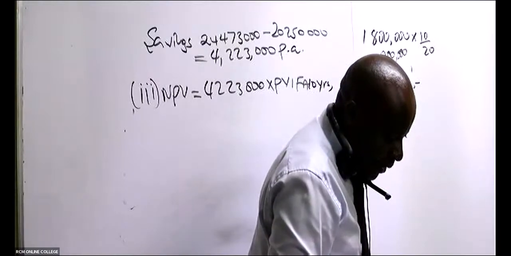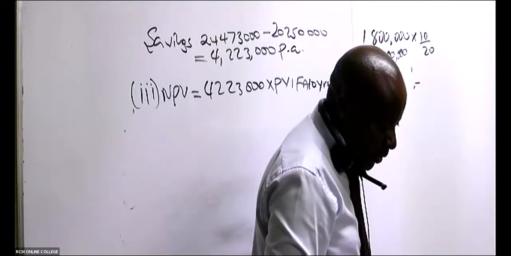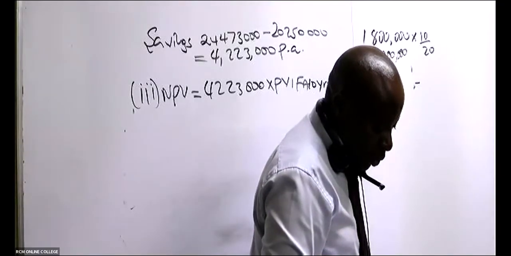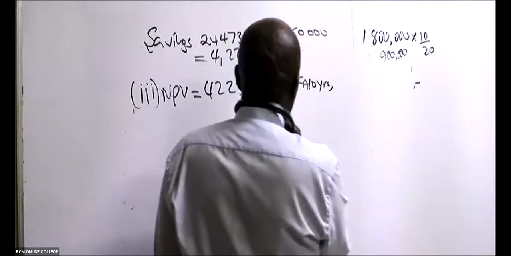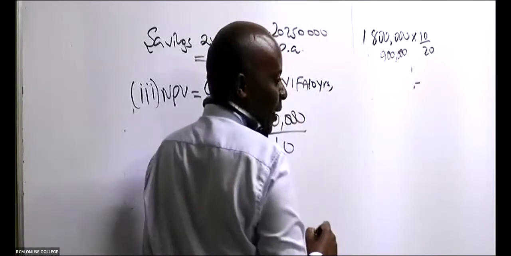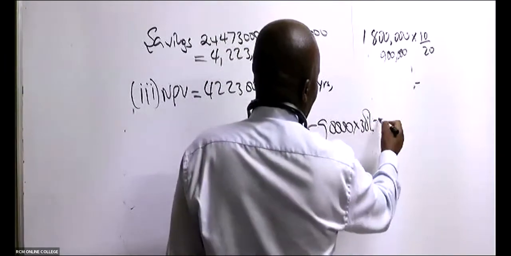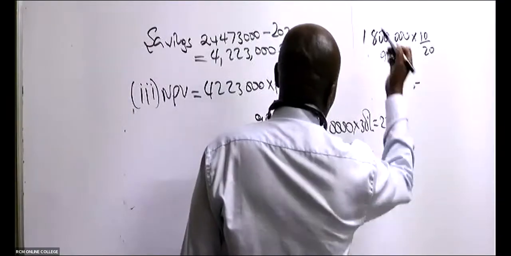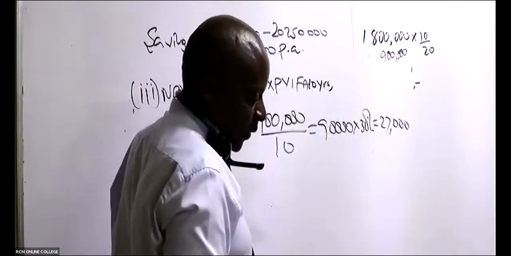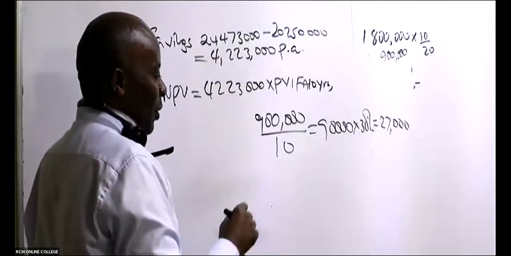Yeah, I don't know whether I took it as 270,000. It was 900,000, that flotation cost, but we divided this by 10, so we got 90,000 times 30%. That is how we got that 27,000. Thanks for asking. That's how we got the 27,000. Now, you see, this PV will be for 10 years.